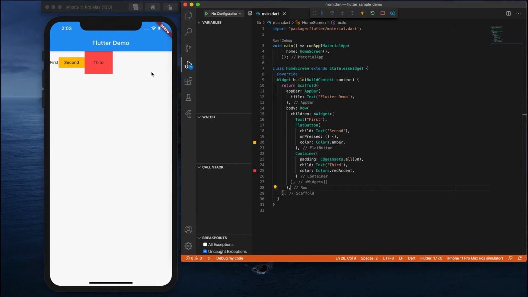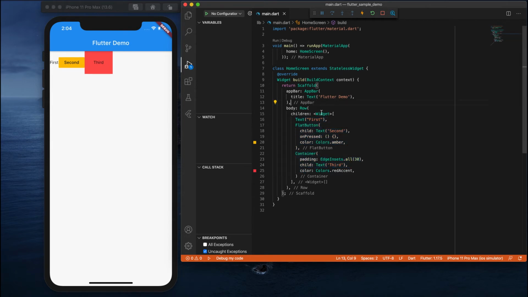created in a row. So the Row is a widget which holds children as a list of elements. In those list of elements every widget was added with a comma, so we have added 3 different widgets over here. Now you can see we have added multiple widgets in a row. If you want to align them, we have some properties, and we can align them however we want.